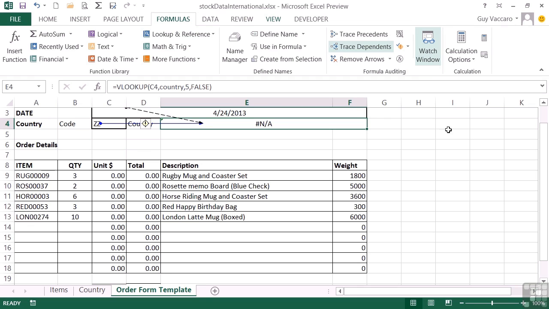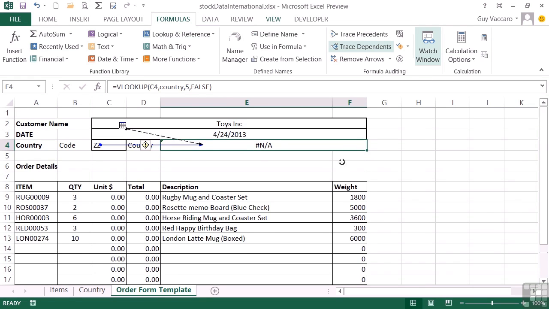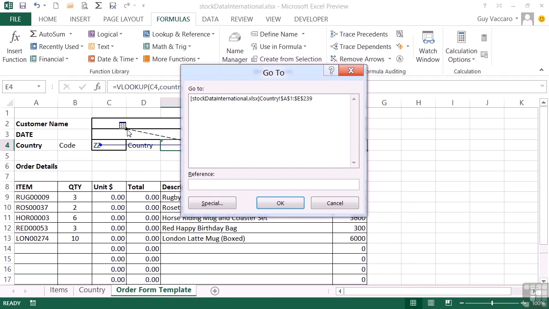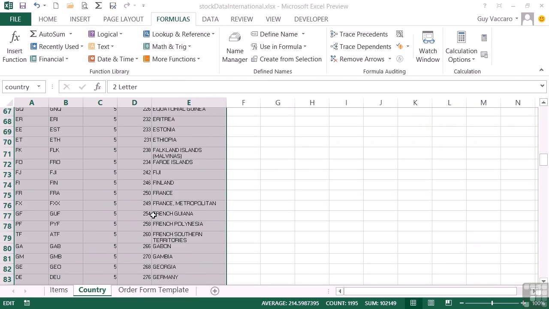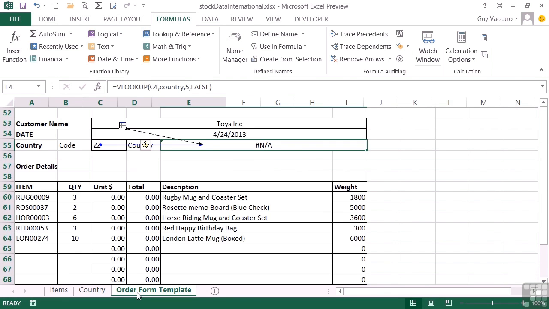Now again, it's placed on the precedent arrows. So it says getting its information from there. Well, it looks like there's nothing wrong there. And from another sheet. So let's double click. And that's from a whole range on the country sheet. So we know where it's getting its information from, and effectively the reason it's producing NA is because ZZ is